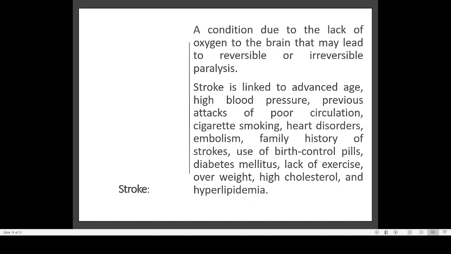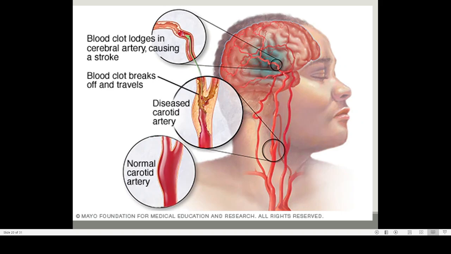Then the most common reason is a high amount of cholesterol. High cholesterol will lead to a situation like this, and there will be fat accumulation, and that will lead to this problem. So this is known as a stroke. Here also you can see how blocking in the artery or fat deposition can lead to a lack of blood supply to certain regions of the brain, and this is normally what we call a stroke.